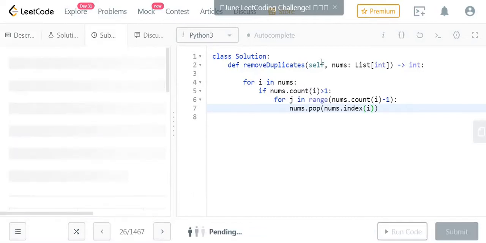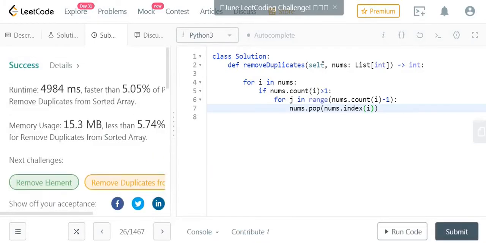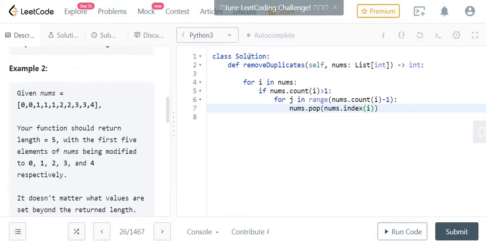Let us run it. So it is working. Now what exactly are we doing in this solution? If we have this example, for i in nums, it will take the first value of i, the first value 0, so i will be equal to 0.